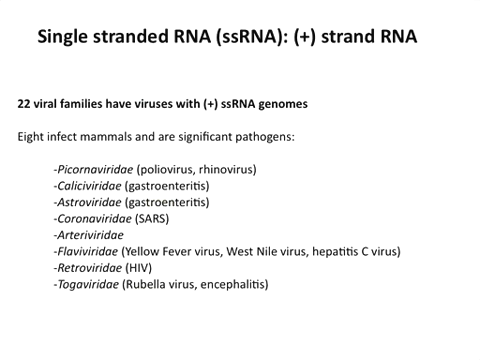Single-stranded RNA viruses, we'll start with those with plus polarity. There are 22 viral families with plus single-stranded RNA genomes. 8 of them have viruses that infect mammals and are significant pathogens. So a lot of the biggies are here. Picornaviridae, poliovirus, rhinovirus,